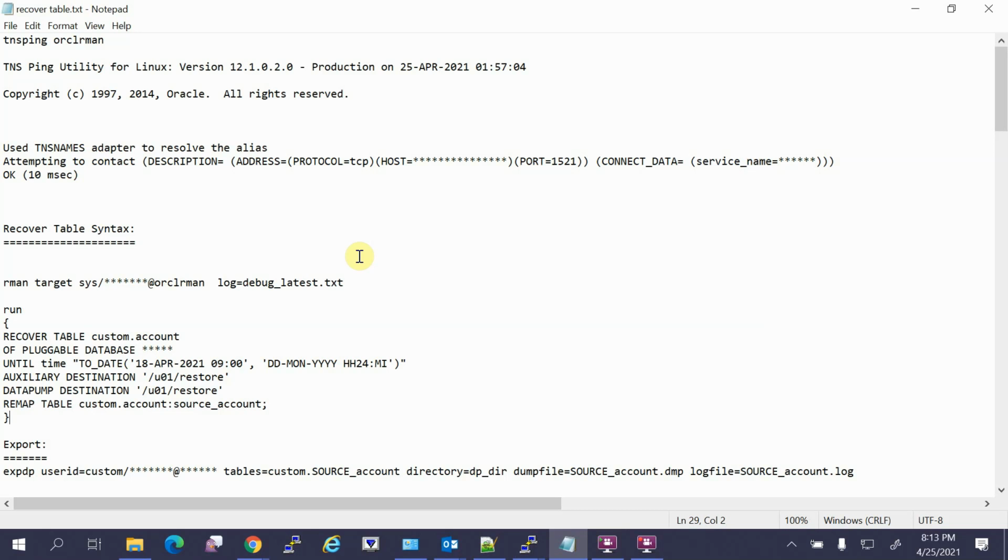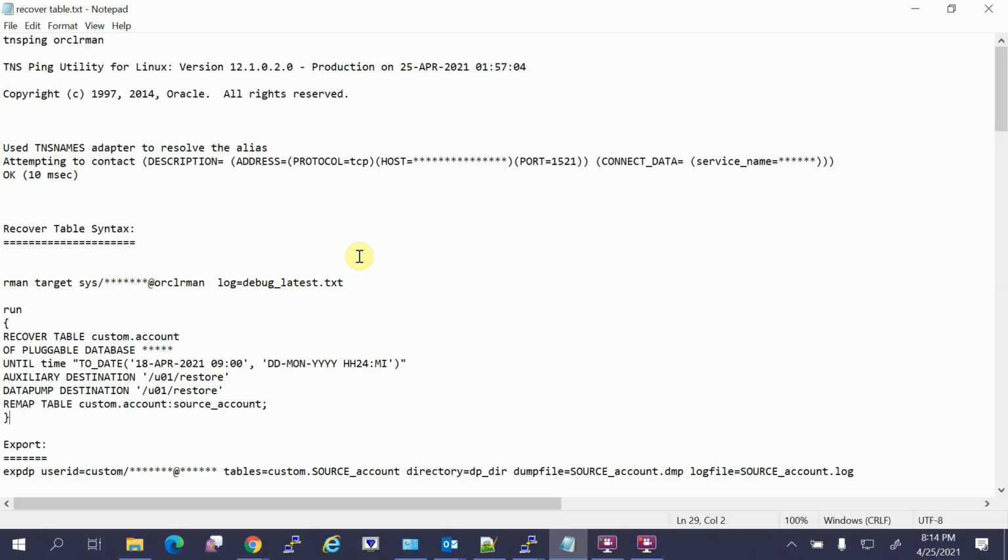Certain columns are missing. So we had a call with the customer DBAs to understand if there is any way they can rebuild the table, right? It's a custom table, in fact, not a seeded table. Instead of going for recovery. But they said no, we need the data. We can very much add the columns, but we need the data. It's a dynamic table. It's not a static table.